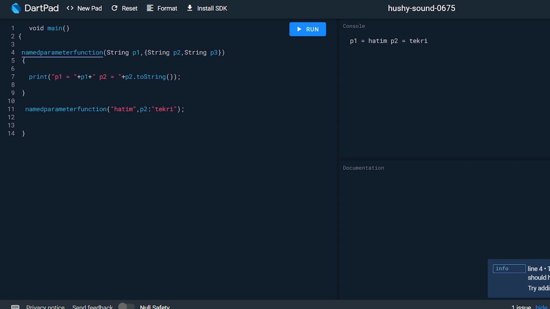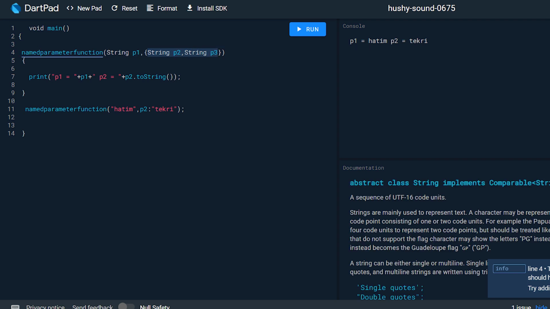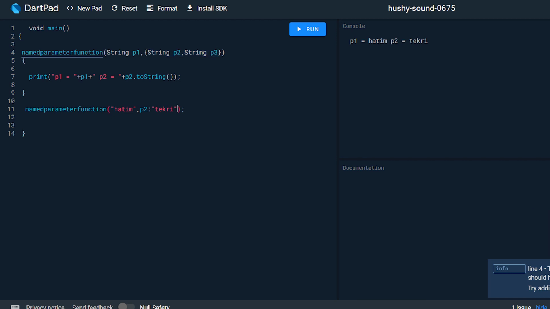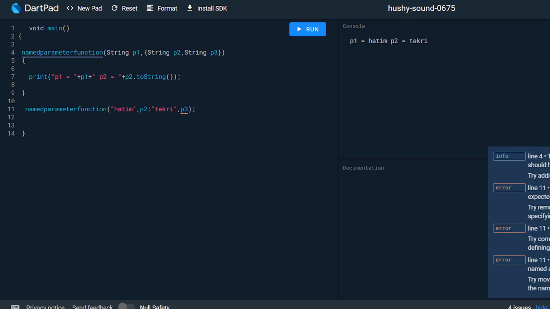It gives p1 equal to Hatim and p2 equal to Tekri. Because the parameter inside the curly braces is an optional parameter, specifically an optional named parameter. Now if we want to pass the parameter p3, then first we define the parameter name, then a colon, and then the value.